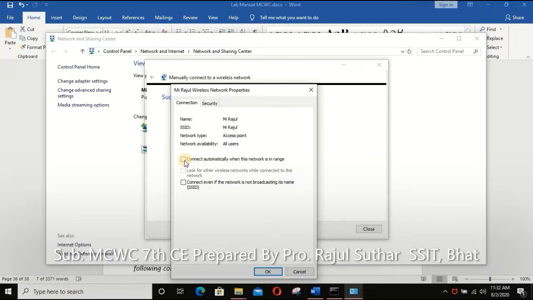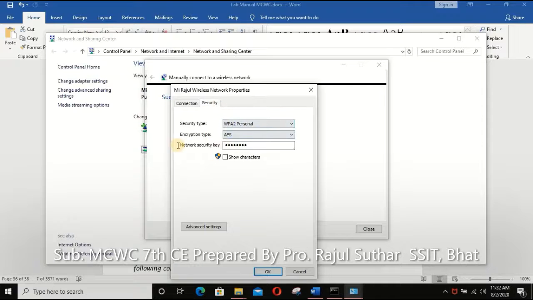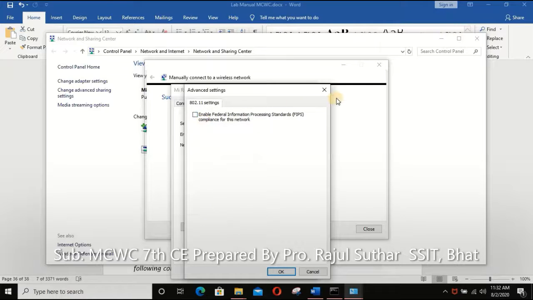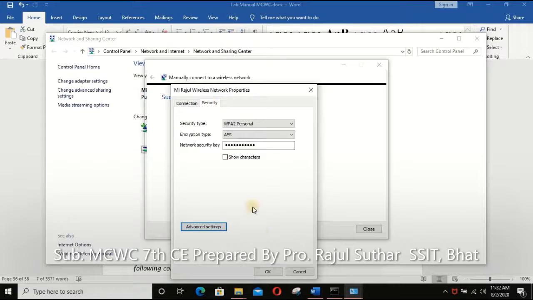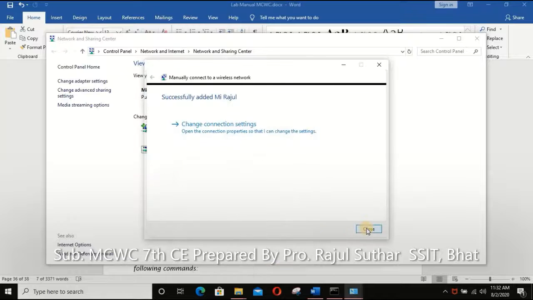Then there is the connect automatically button, so it looks like the available networks around us. This is the security key we applied. By using this button you can show the characters. This is the advanced setting. Then just click and